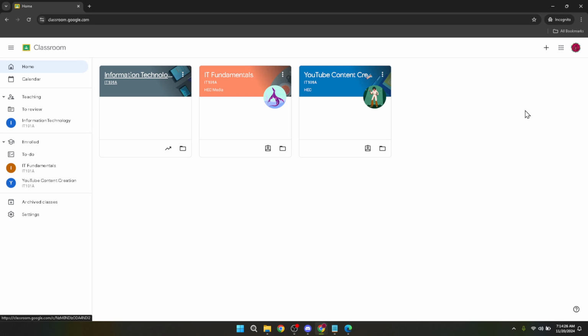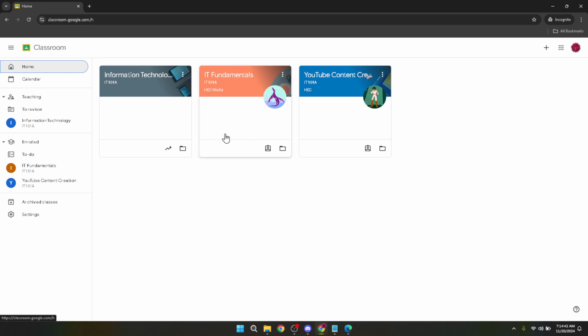Upon entering Google Classroom, you'll want to make your way to the Home page. You can easily do this by clicking on the provided link or manually navigating if you're already familiar with the platform. The Home page is where all your classes are displayed, making it easy to find the class you're looking for. Now click on Your Class. This action will open the specific classroom you're a part of. It's like walking through the door of your virtual classroom. Inside you'll find assignments, resources, and of course the class code.